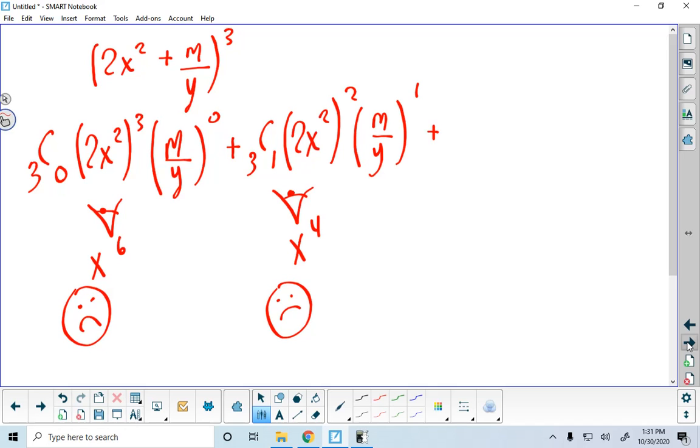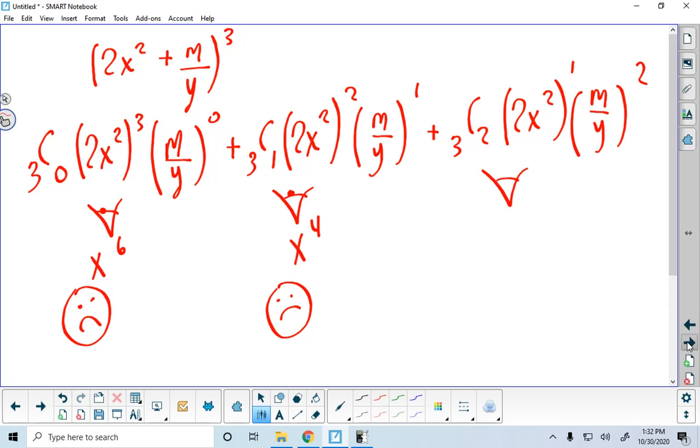So I continue, and I see that the next term is 3 choose 2 multiplied by 2x squared to the 1 multiplied by m over y to the 2. And now I can see that this term is in fact going to give me x squared, and that's what we're after. So what I know is that it's the third term that gives me that 54x squared over y squared. And in fact, we're very, very close to getting an answer to the question, because the third term we've just written out